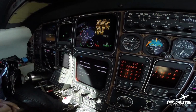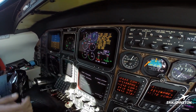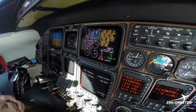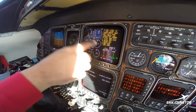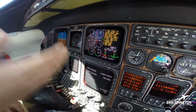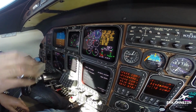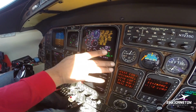And so all that can be monitored here on Starship, and all the messages that are in yellow are messages for systems that have an issue. Because the airplane is not actually turned on, you would expect to see all these messages. As we get fired up and get ready to run the airplane, those messages would disappear. But I can manage the health of the Starship and all the systems on the airplane from this one screen,